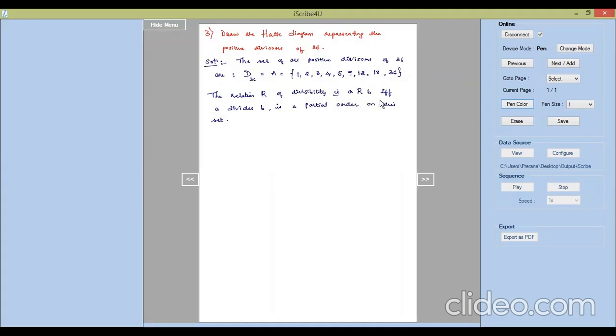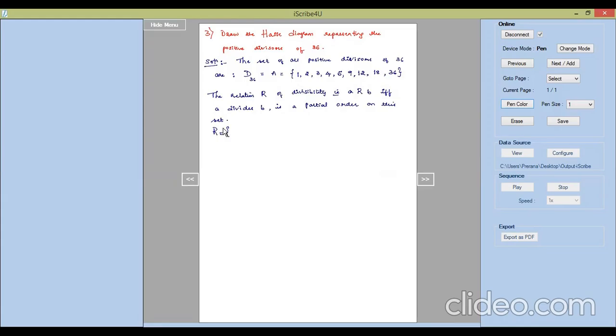So how are we concluding that this relation of divisibility is a partial order on this set? We just looked into the last two problems wherein X divides Y is satisfying the elements. We took the divisors of 36 and we have already written them. So it is obvious that this relation R is a partial order on this set. Now we will write down the relation R for this.